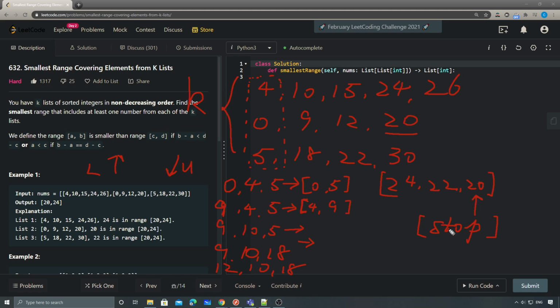Okay, so that's that. And now back to the range here, right? Since we need to maintain the current smallest number and the current maximum number, basically we need to maintain the minimum and the maximum. Okay. So at the beginning, we just need to know the current minimum and